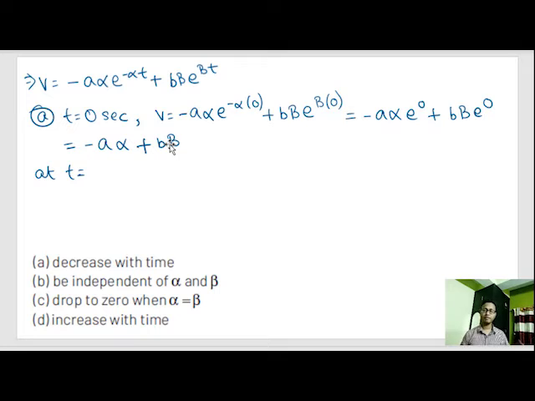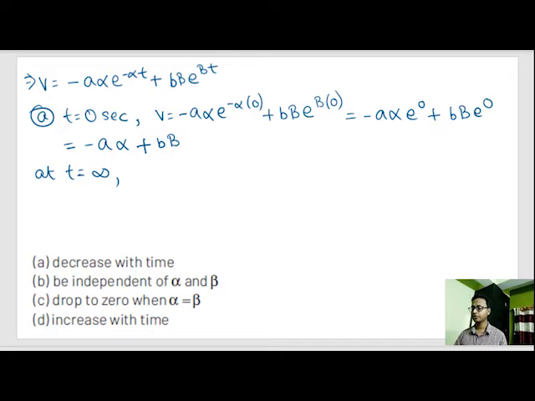Okay, so you have to take a very large number, because a, alpha, b and beta, whatever they are, are numbers and they are constant. So if you take within a limiting range, within a number system, that means you can tally the value. What we know is a, alpha, b and beta are not infinity, they are always lesser than infinity. So if you take t is equals to infinity and our answer comes out to be infinity, that means our velocity increases with time. So let's check at t is equals to infinity.